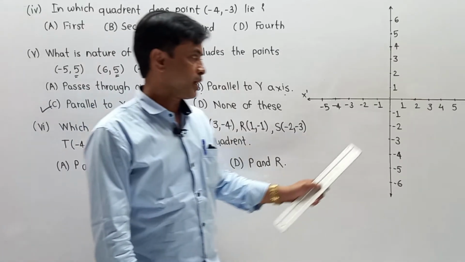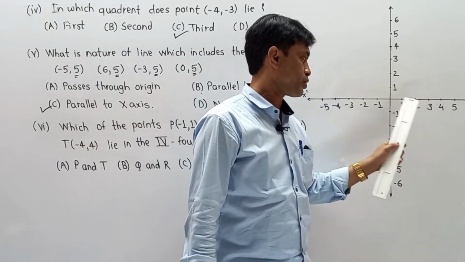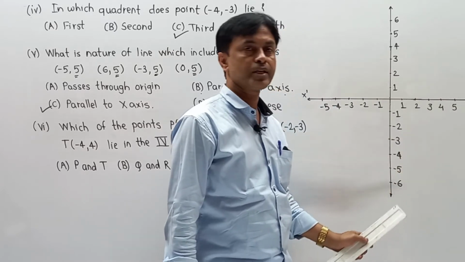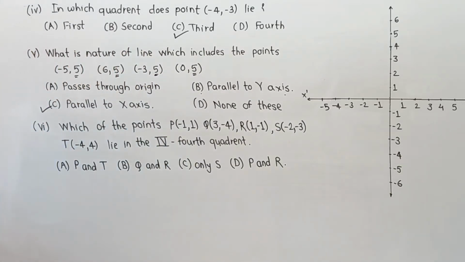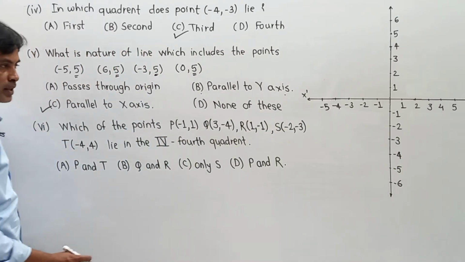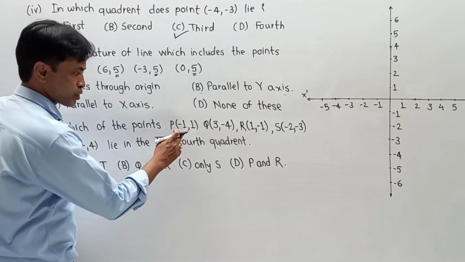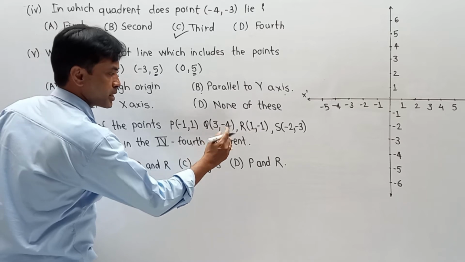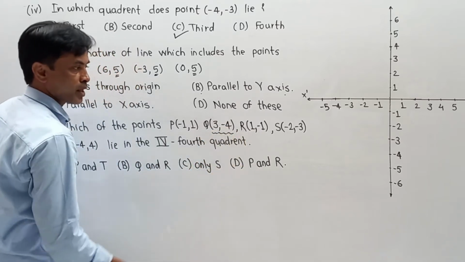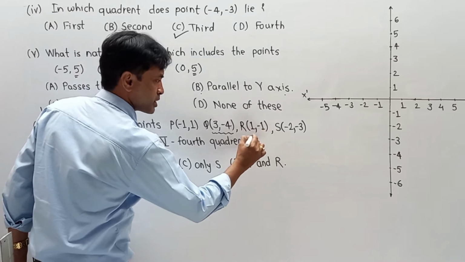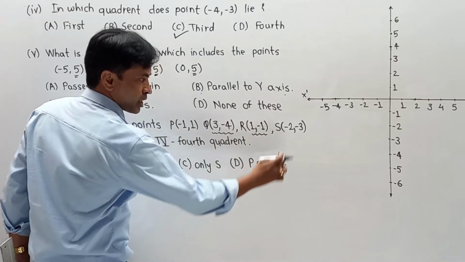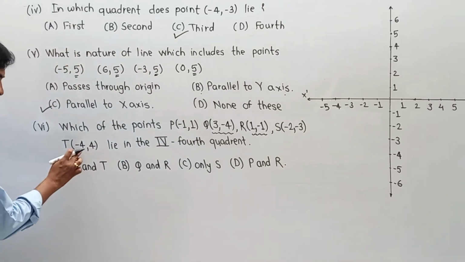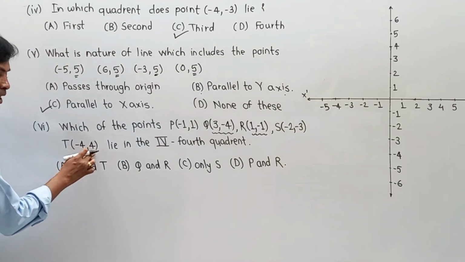Now once again, in the case of the fourth quadrant, the value of x is positive and the value of y is negative. From that we can directly judge. One by one, we need the value of x to be positive. Here itself it is negative. This point is over there, where x is positive and y is negative. Here both x and y are negative, so we are not going to include it. And again here the value of x is itself negative and y is positive.